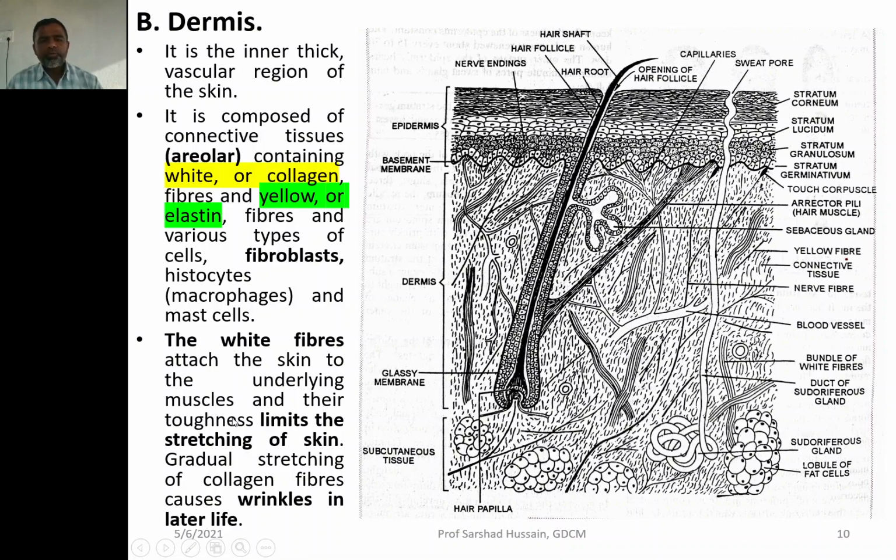The white fibers are tough enough. Because they are tough, they limit the stretching of skin. You cannot stretch the skin up to the extent that you want. There will be a limit beyond which it will not be stretchable. Gradual stretching of the collagen fibers at the later stage of your life causes wrinkles on the skin, because later on these collagen fibers stretch more and the wrinkles are present on the skin of